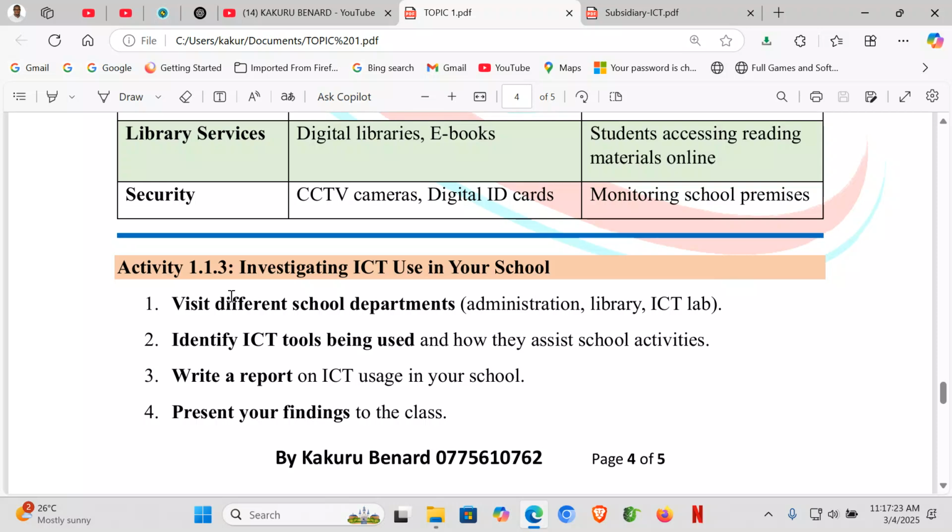Then let's see activity 1.1.3, investigating ICT use in your school. What you are going to do: number one, visit different school departments, can be administration, can be library, can be the ICT lab. Two, identify ICT tools being used and how they assist school activities. Three, write a report on ICT usage in your school. Four, present your findings to the class. This is the activity on